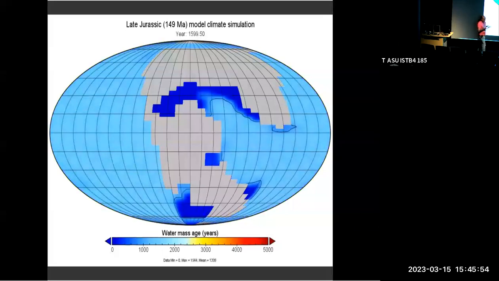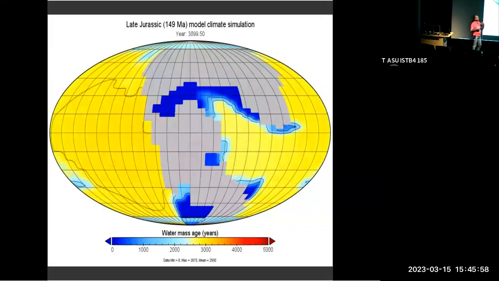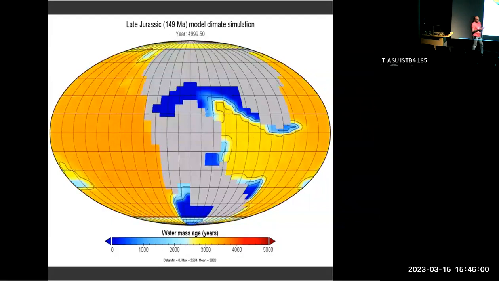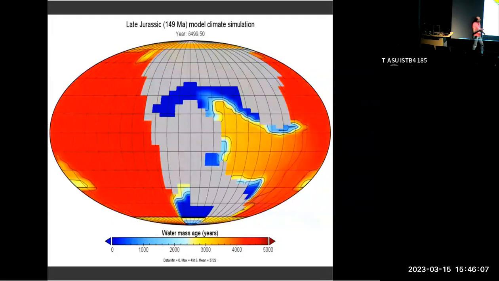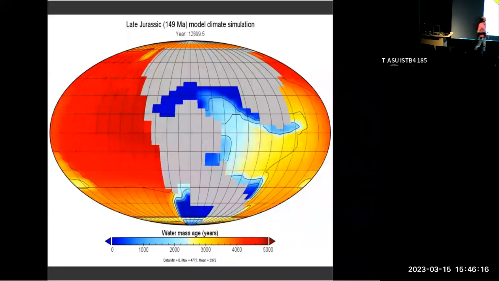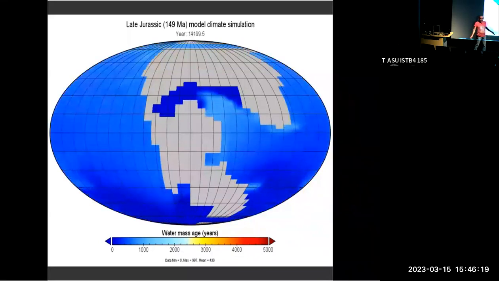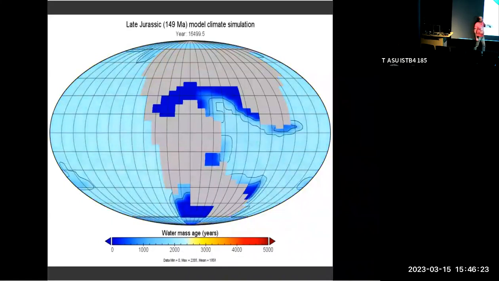So what I'm actually plotting is the colors at age of the water in terms of when did it last see the surface. So blue is water that's only very, very recently seen the surface. I'll tell you what you're actually seeing in a minute. Some of the blue, like in the Tethys, is simply because the ocean is shallow, and so it's very close to the surface, and so you could say it's young water. The dark reds are where water has been isolated from the atmosphere or isolated from the surface ocean for a long, long time. As we go through this animation, you'll see the deep ocean starts to get